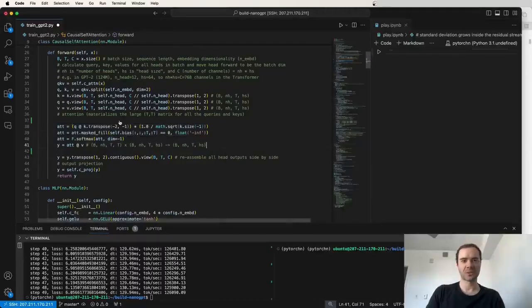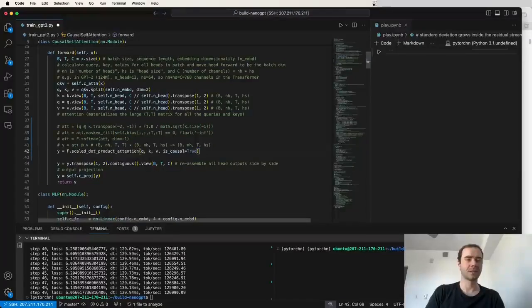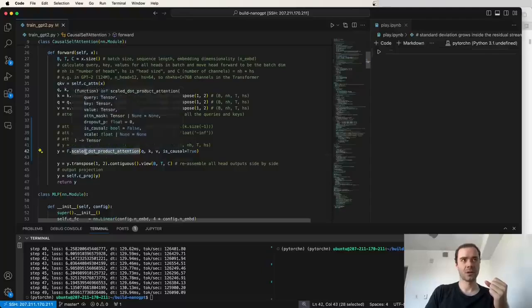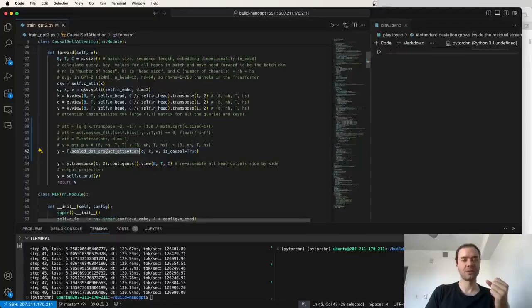So here's what we're going to do. We're going to use flash attention, and the way to do that in PyTorch is we are going to comment out these 4 lines, and we're going to replace them with a single line. Here we are calling this compound operation in PyTorch called scaled dot product attention. PyTorch will call flash attention when you use it in this way. I'm not actually 100% sure why torch compile doesn't realize that these 4